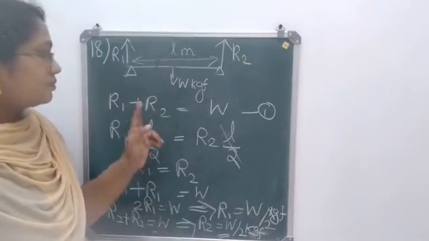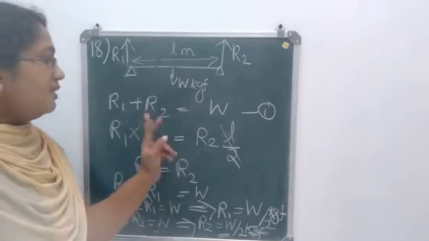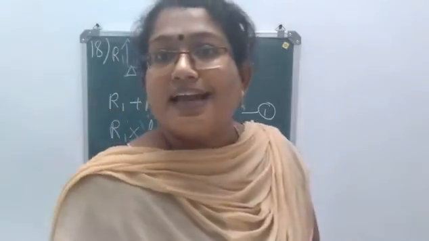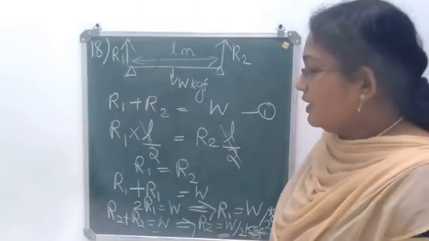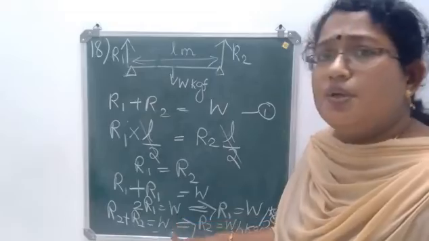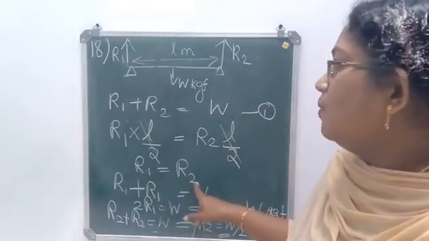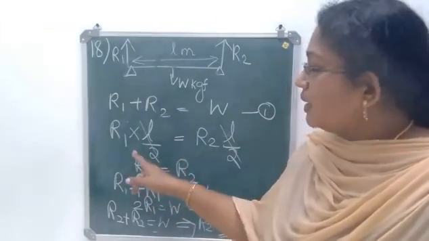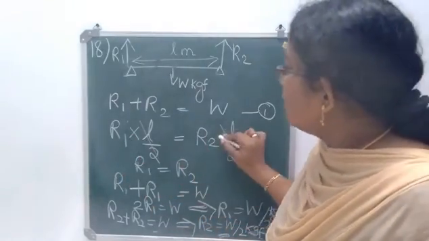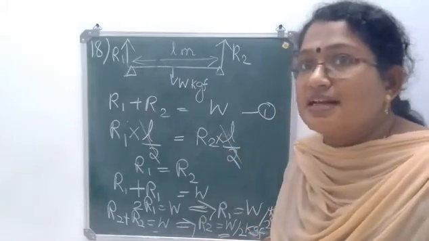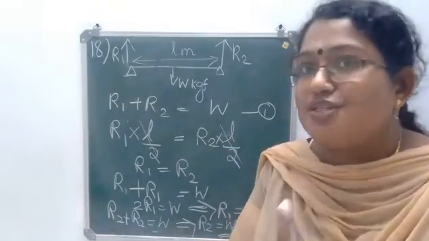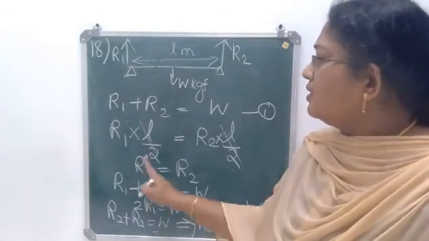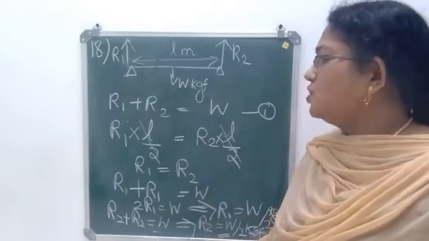So at equilibrium, total forces will be 0. Then total moment of forces will be 0, that is, anti-clockwise moment will be equal to clockwise moment. Then just substitute. R1 is equal to R2 from this L by 2. Since the same value comes, and since multiplication is the operation in between, you can cancel that. Don't do it if it is addition or subtraction. So from here you will get R1 is equal to R2. Then substitute it in this equation, you will get the answer.